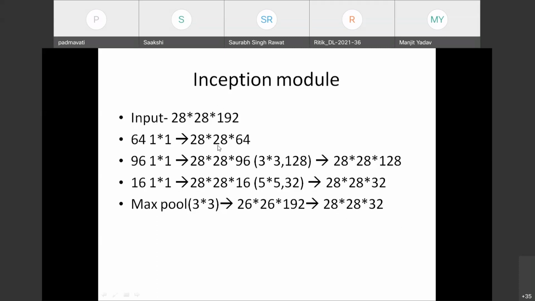So it results in 28 cross 28 into 64, 28 cross 28 into 128. Similarly, 28 cross 28 into 32 plus 28 cross 28 into 32. So what I need to do is stack all these output volumes one on the other so that it generates a single output volume. When I stack all of them, it will generate 28 cross 28 cross 256 as the output of the